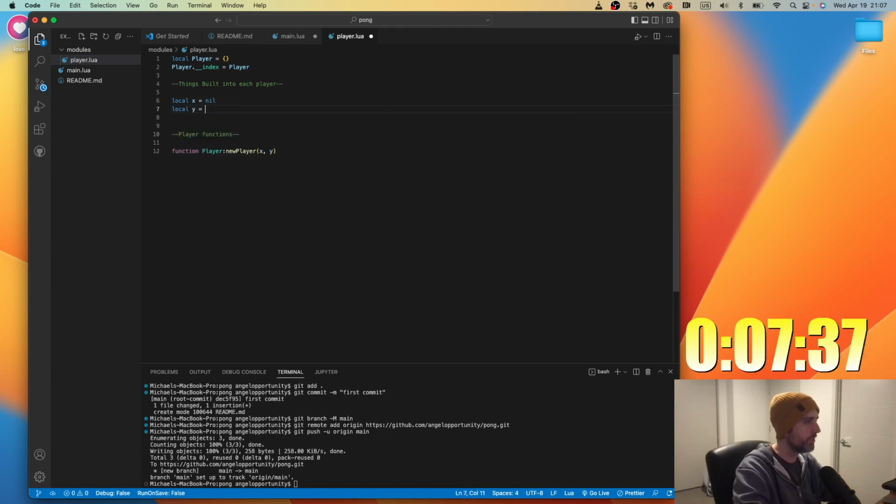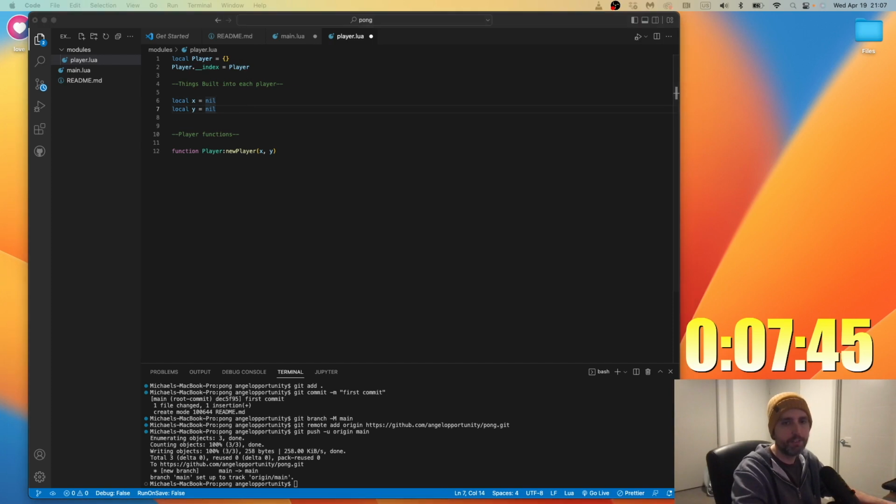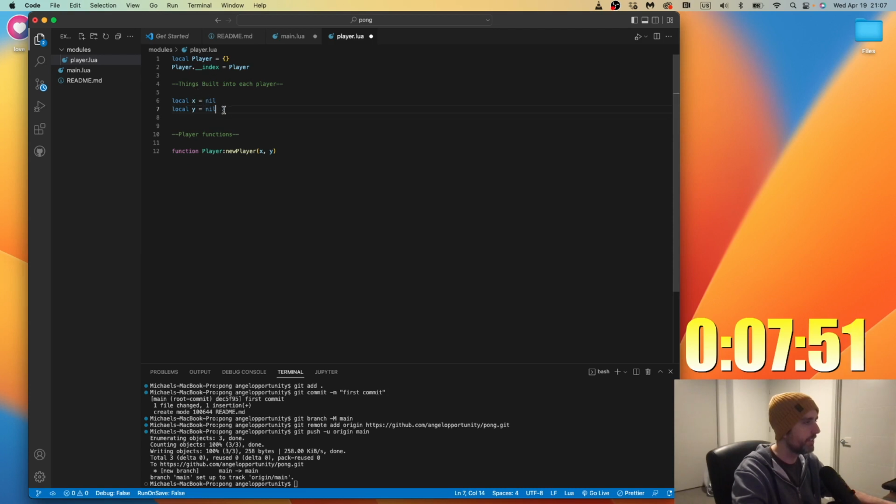Local Y equals nil. And do I need to separate these with commas? No. It's kind of funky in Lua. You have different ways of doing stuff like this, where you can put it directly into the table, or you can do it like this. I'm doing it like this for now.